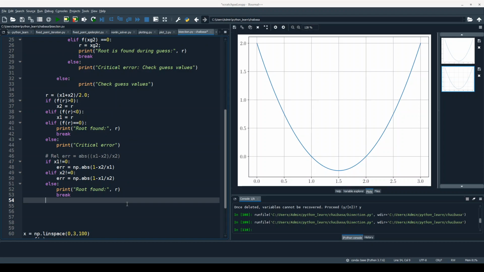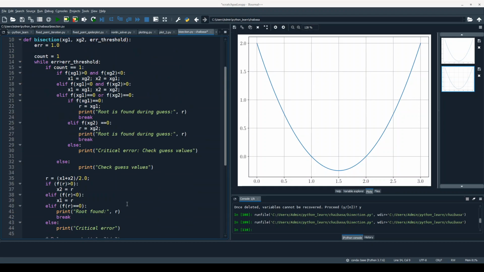If not, the loop keeps on continuing. But if we get stuck in a loop where the computations keep on going, or if you are someone with very restricted computational power, you cannot afford to have a lot of loops running, right? This while loop can possibly run for an infinite number of loops. It can get stuck, and so we want to limit the while loop to a certain number of loops.